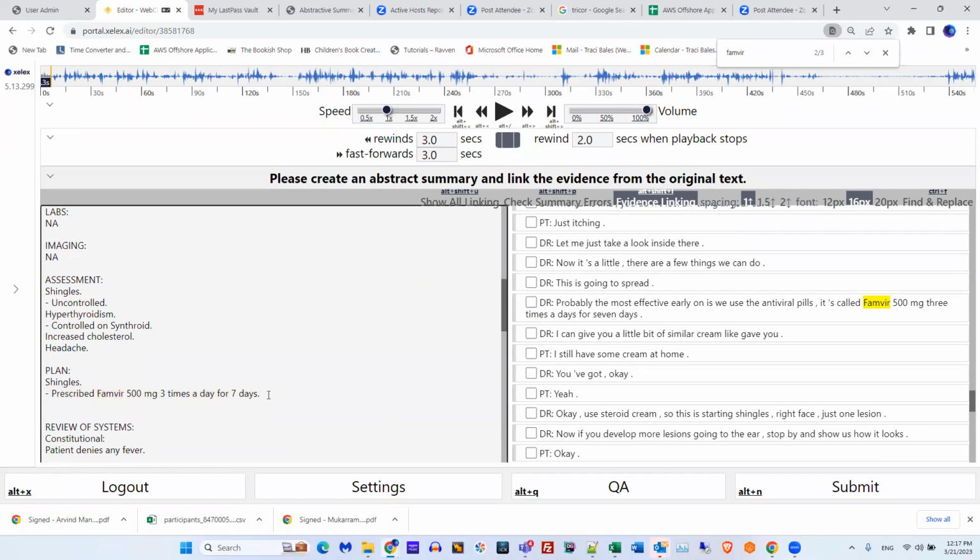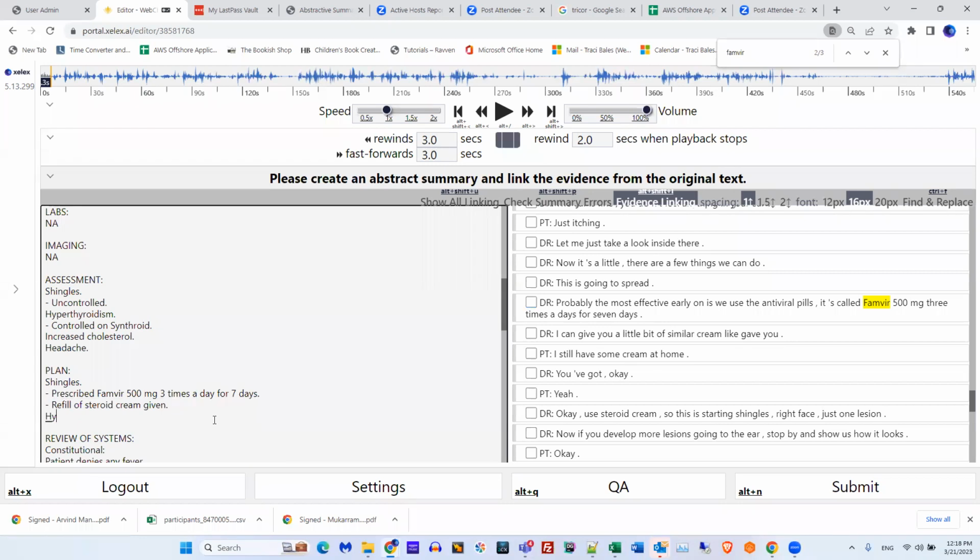Okay. Refill of steroid cream. Okay, and you link that. There may be more, but for demonstration purposes, we're just going to imagine that was it. Let's say for the hyperthyroidism, she's going to stay on the current dose.